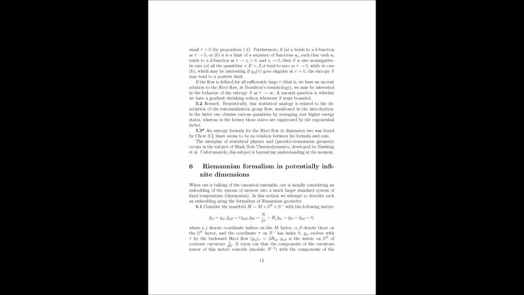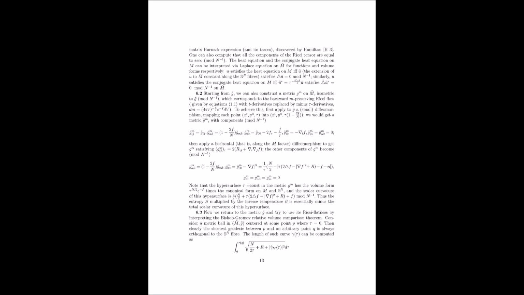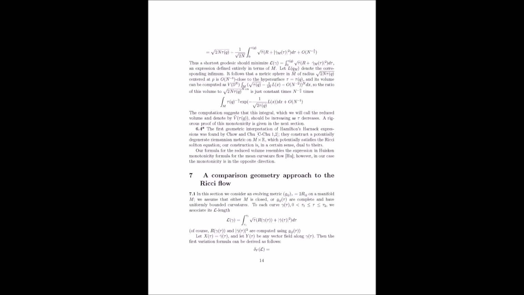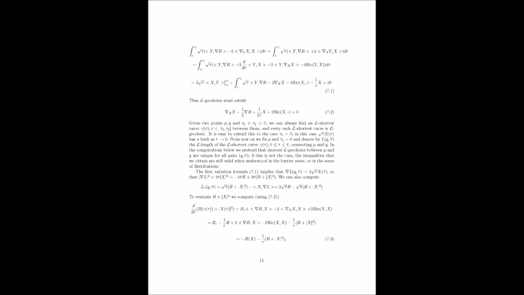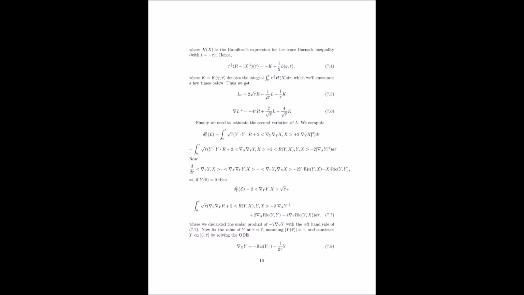Imagine you're looking at a map of a city. If you zoom in, you see the details of streets and buildings. If you zoom out, you see the overall layout of the city and its surroundings. The scale parameter acts in a similar way for the Ricci flow. It allows us to analyze the flow at different levels of detail. A large tau gives us a large-scale view, while a small tau lets us zoom in on the finer details of how the geometry is changing.